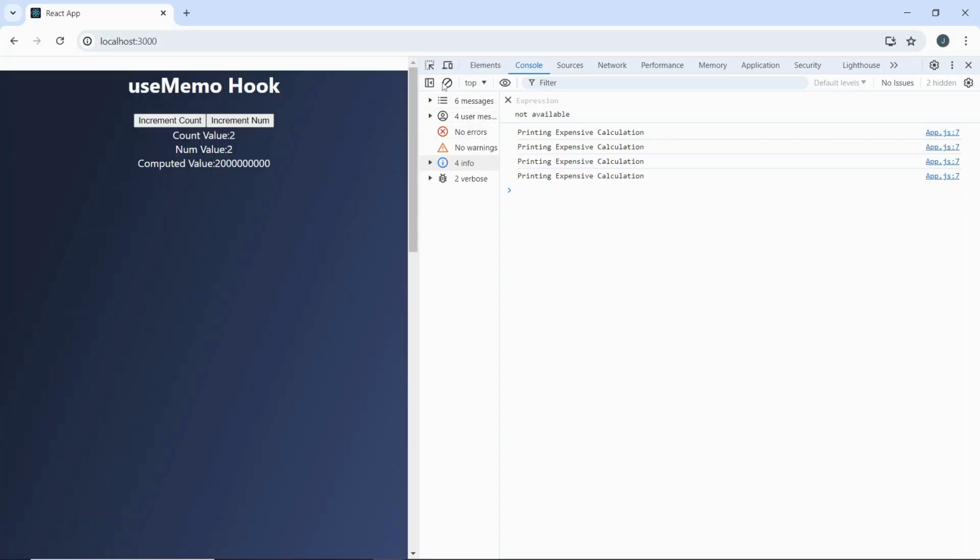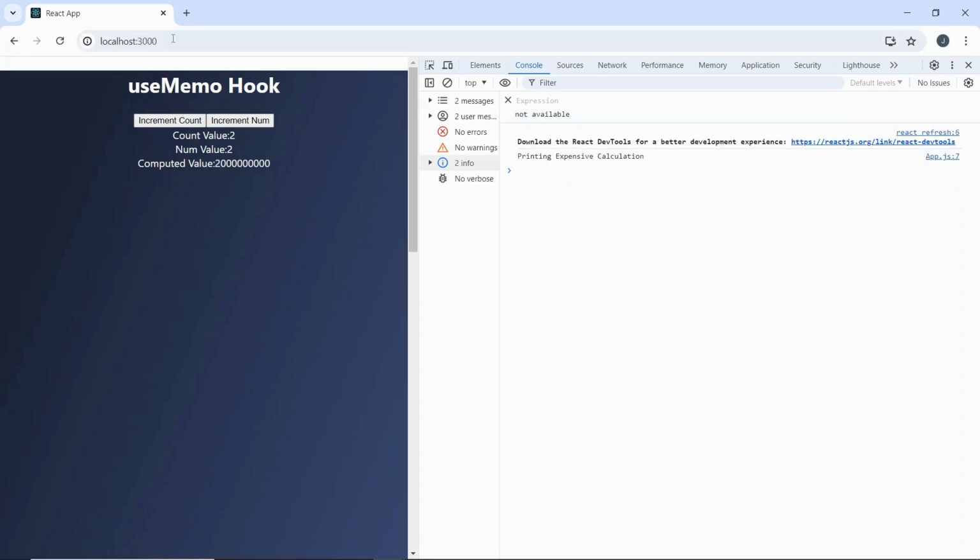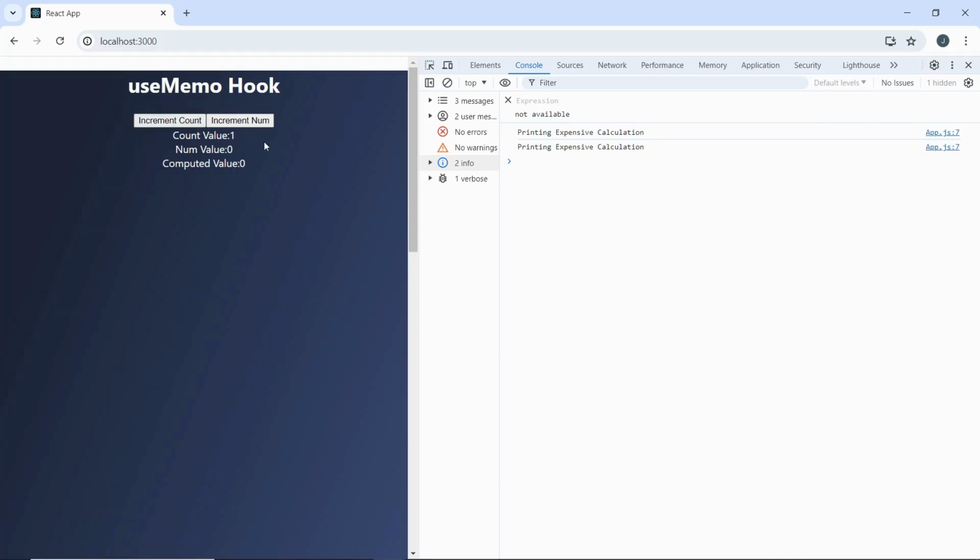All right. So let me refresh the page and I'll clear this console. Okay. So I'm clicking this increment count. Just look at the console. I'm clicking this increment count. All right, if you could see, the count value is getting incremented and also the expensive calculation message is being printed, which is wrong actually. So that need not happen because